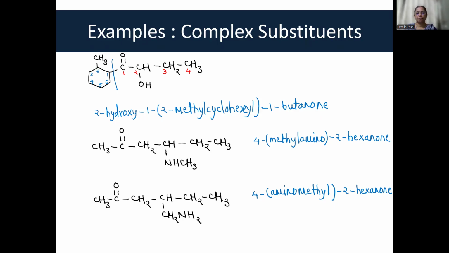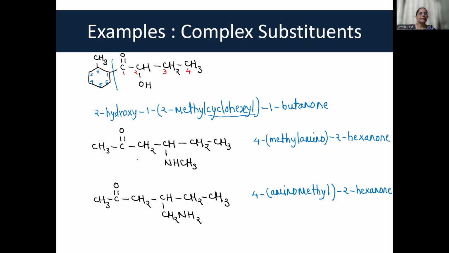2-methyl cyclohexane. When you look at this substituent, please remember this is the end of the bracket term. This is an earlier term. Okay, this is the end of the bracket term. The end of the bracket term always indicates point of attachment to the parent chain. So, this 2-methyl cyclohexyl is attached via cyclohexyl to 1-butanone. 1-butanone is the parent chain. When you solve more examples of this, you will be mastering this trick.